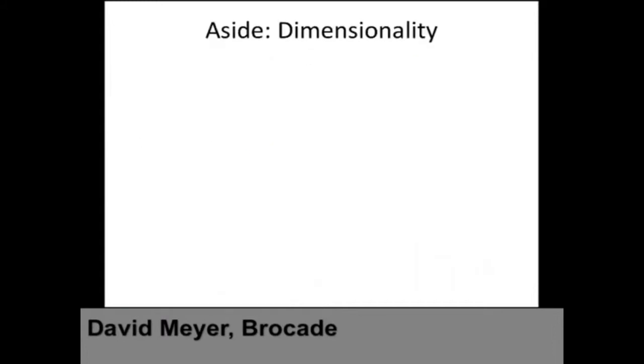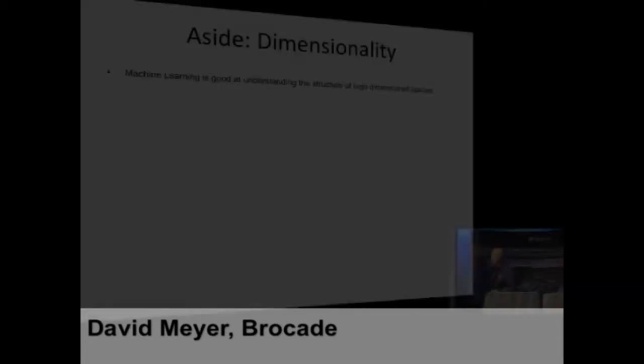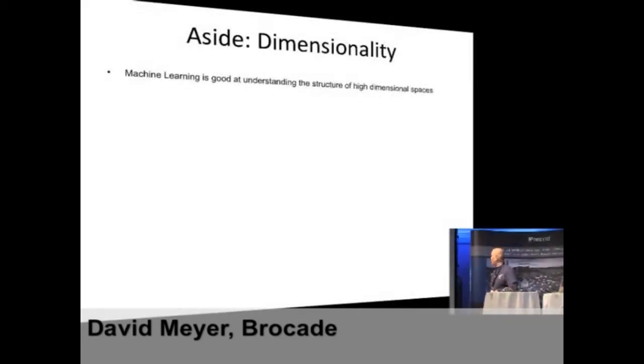So here's the dimensionality thing. Machine learning is really good at understanding these high dimensional spaces. And by the way, the signals that you might want to find are embedded in this high dimensional space, and you've got to go search for those. Humans can't do it. We don't have the ability because we evolved in a 3-dimensional world, and these things are hundreds and thousands of dimensions, or millions in some cases, so humans aren't good at it. A dimension, informally, is a direction, but it's kind of like a feature of your network. You think about it as a feature.